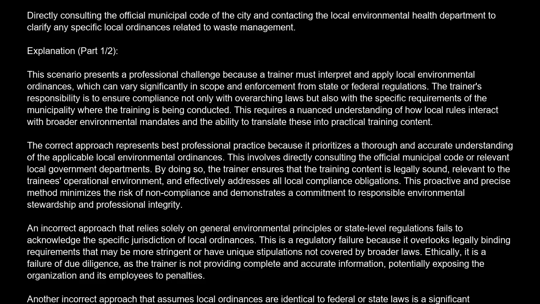This involves directly consulting the official municipal code or relevant local government departments. By doing so, the trainer ensures that the training content is legally sound, relevant to the trainee's operational environment, and effectively addresses all local compliance obligations. This proactive and precise method minimizes the risk of non-compliance and demonstrates a commitment to responsible environmental stewardship and professional